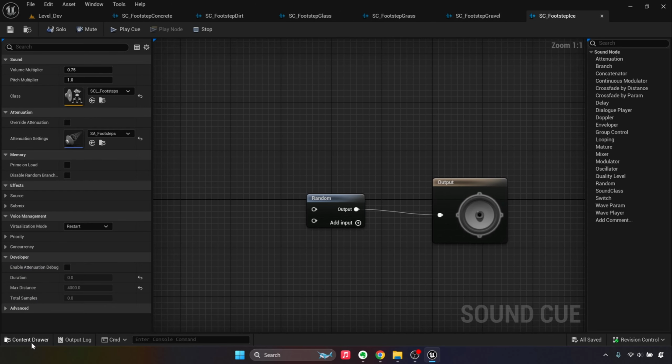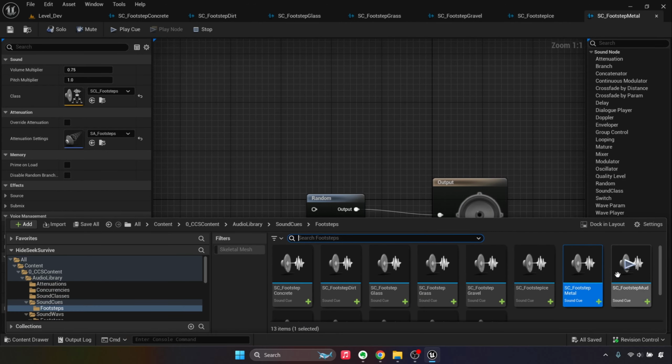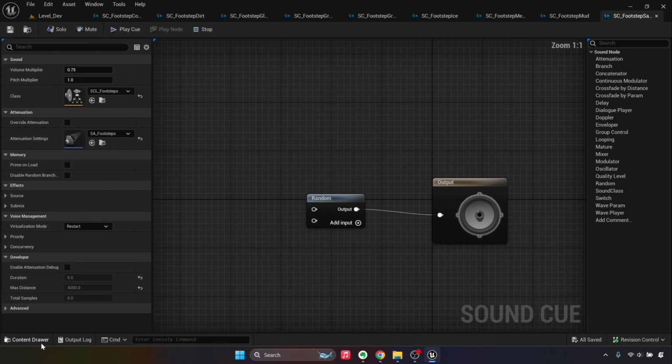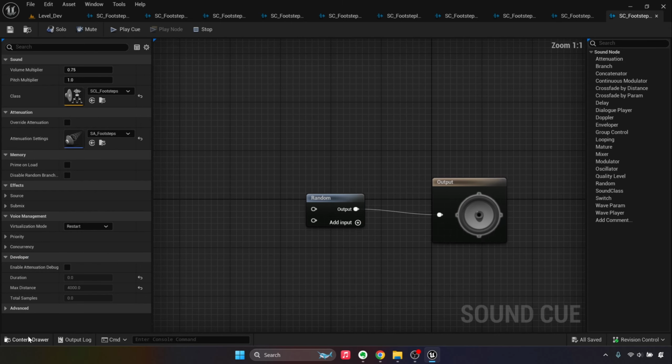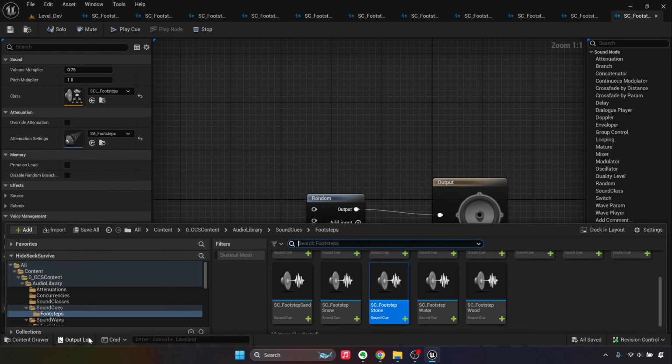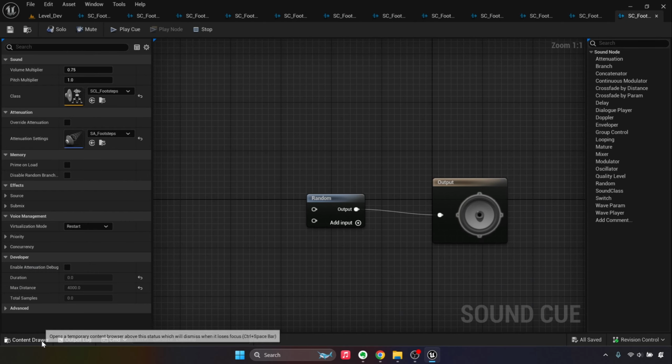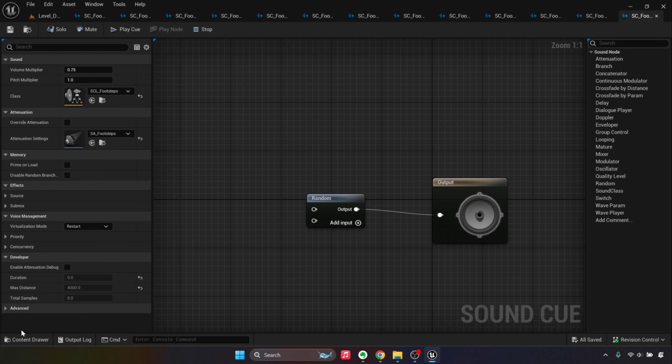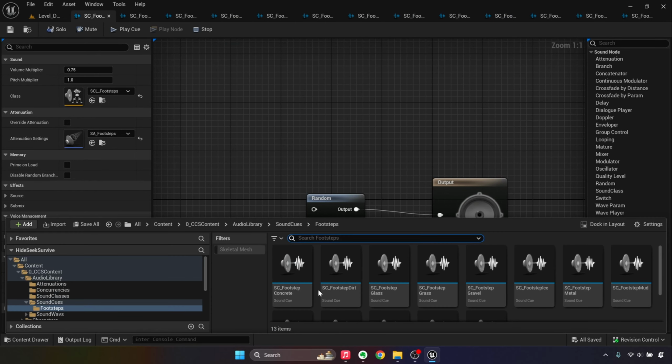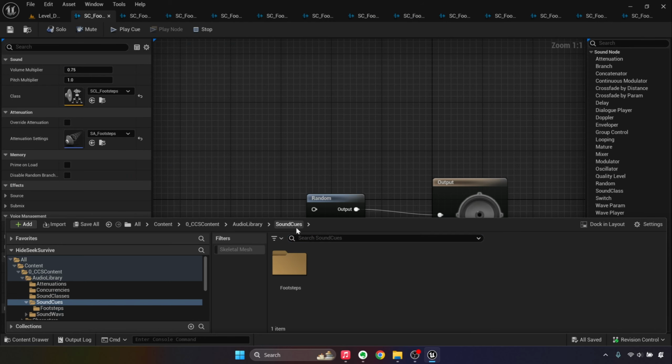And we will edit them from back to front. So I'll keep opening them, and I'll show you guys basically what we're going to do for one of them, and then just repeat that process over and over again for each of the different surface types. So pretty straightforward. And the first step is going to be to pull up the content browser and go to